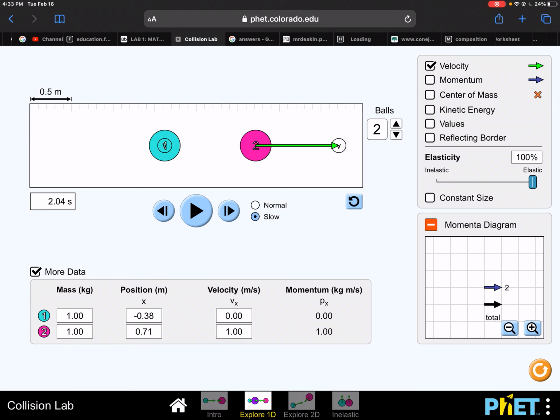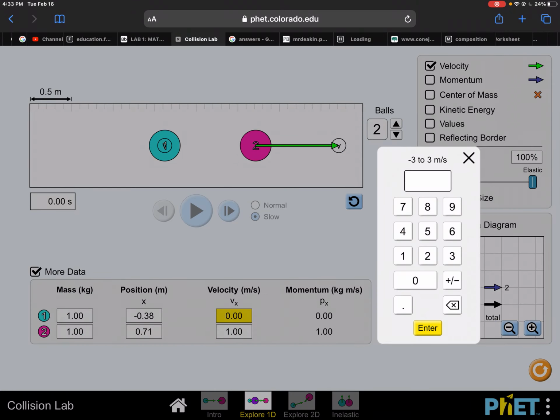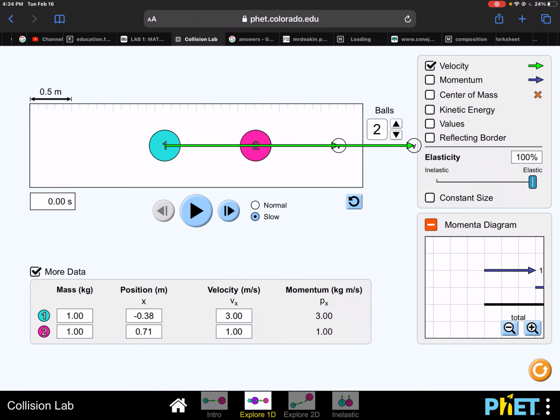Even though the momentum of the first ball changes after the collision, all that momentum is pushed onto the second object. So you want to do, like it says, a couple where they're going the same speed, and then you can change the velocities. Say if I change one velocity to 3, you can only do negative 3 to 3. Remember, negative makes it move to the left. And if I run this again,